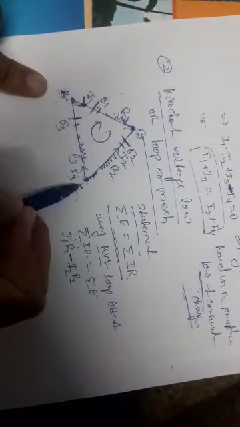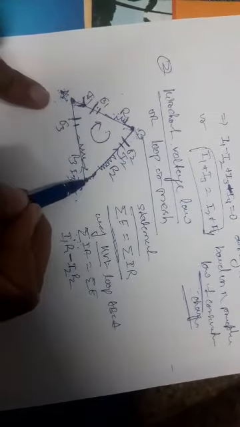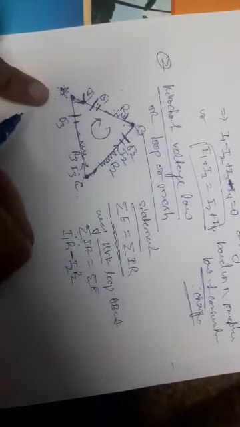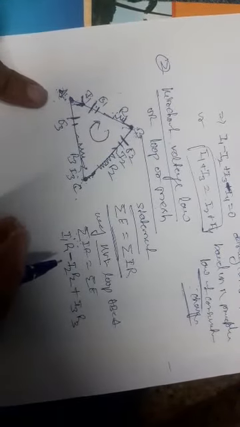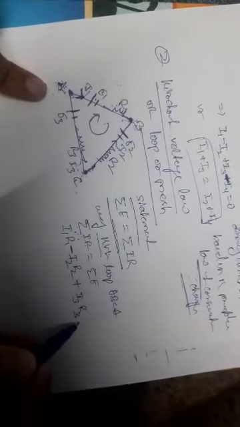And the conductor AC, imagine point A, CA: the arrow mark is inside the loop. It is converging, so it is a plus. The current is I3 and the resistance is R3. That is the expansion of the LHS part.